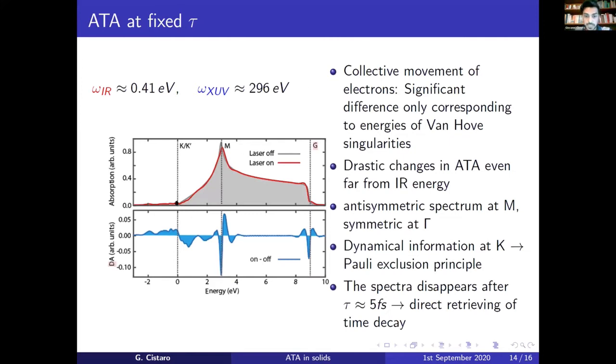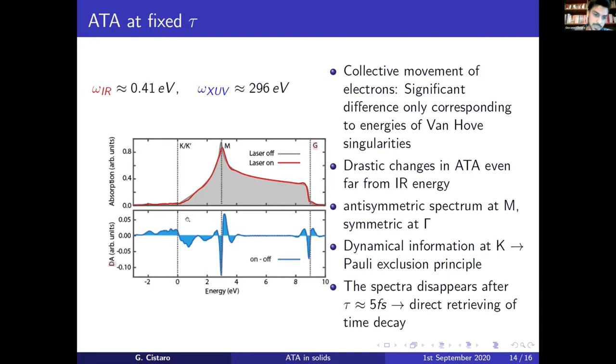And what we can observe from the spectra, so here on the top, I have the gray line, that is when we don't have the IR, and the red line when I have both XUV and IR, and here I plot the difference. And the main differences are corresponding to the Van Hove singularities. In particular, we have differences at K, M, and gamma. So what happens is that the IR is already strong enough to inject electron from the conduction to valence. And this explains the part of the spectra